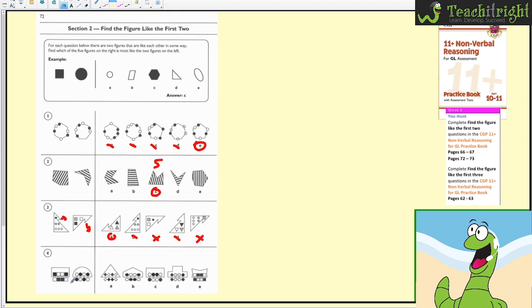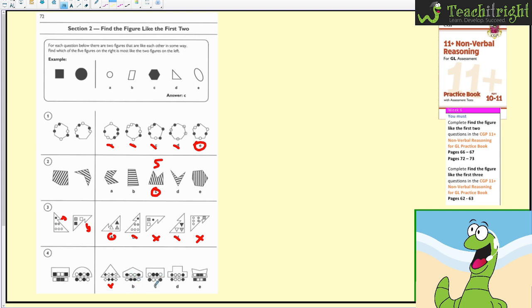Number 4, we've got 4 on both sides. They look like copies of each other, but the ones that are white are not black, and vice versa. So I think A is wrong, because it's got these 2 black ones. B looks maybe okay, C looks maybe okay, D looks maybe okay, E looks okay, so just on the colour that's allowed. And then there's a shape thing where we've got squares and what looks like half a square, circles and a semicircle. So here we've got hexagons, and B does have half a hexagon, which is good, but